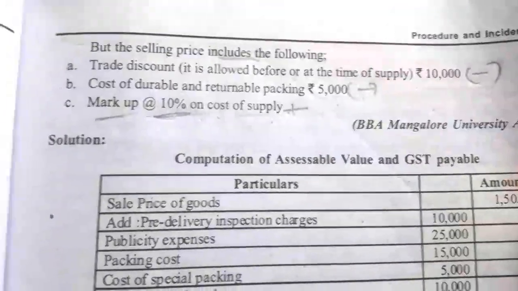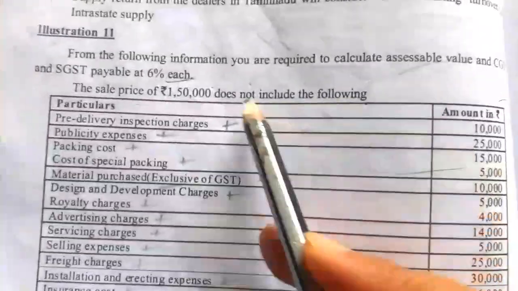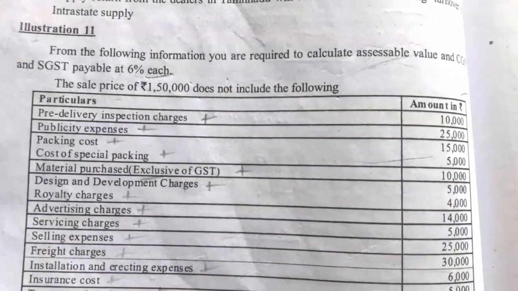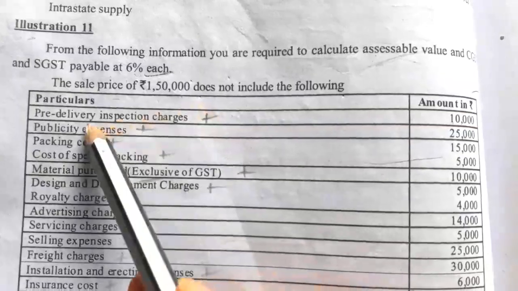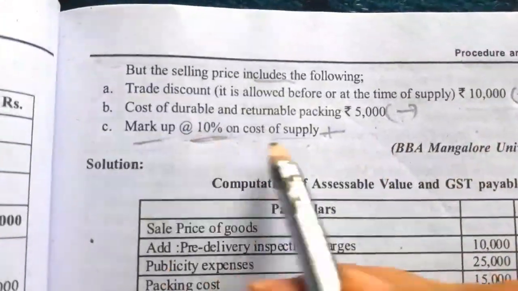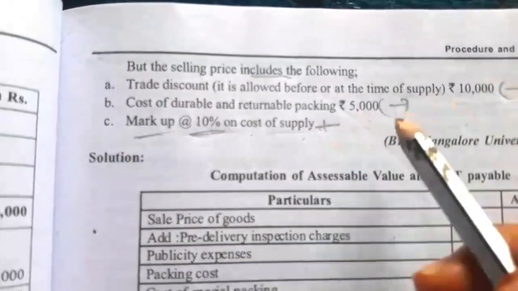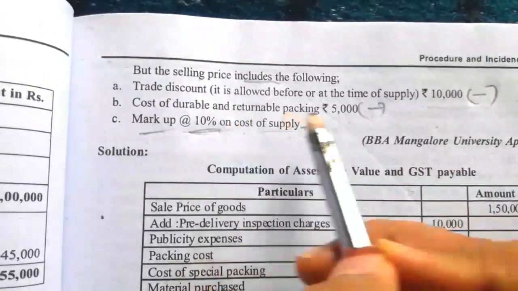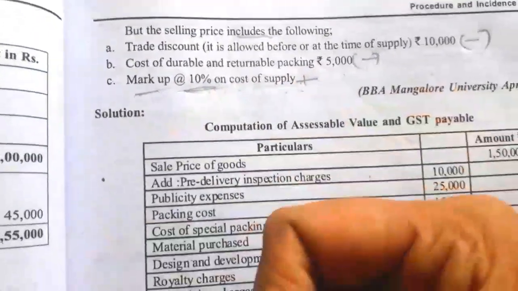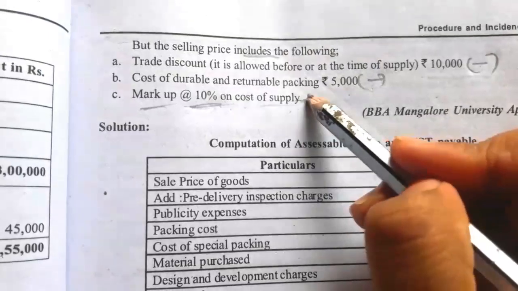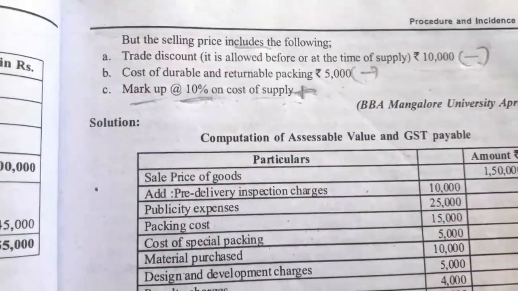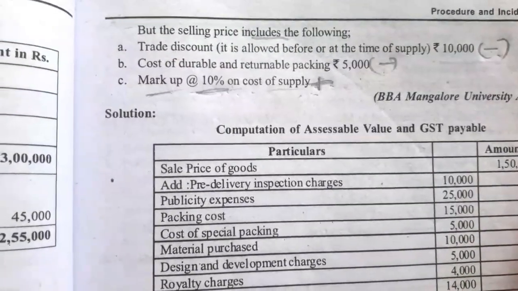assessable value. So here the order is, first we have to take the sales price, next we add inclusions. As per the format, first we take the sales price, and to that sales price we add the inclusions. After adding inclusions, there is a new adjustment here, markup. On the value we get after adding the inclusions, we have to add markup of 10%. So this adding we do after adding all other expenses. Next we have to deduct the exclusions. After that we have to add the profit if there is any.